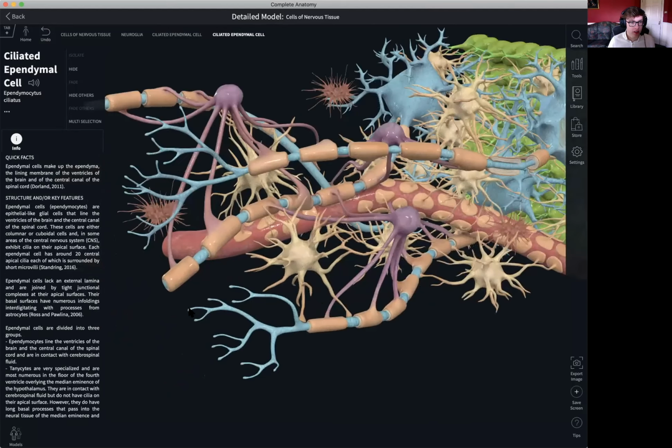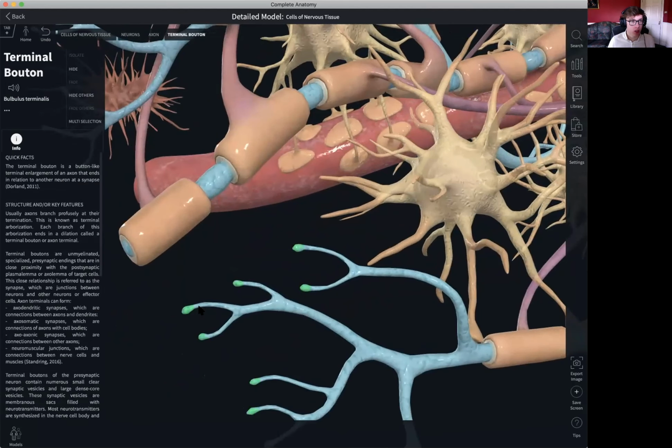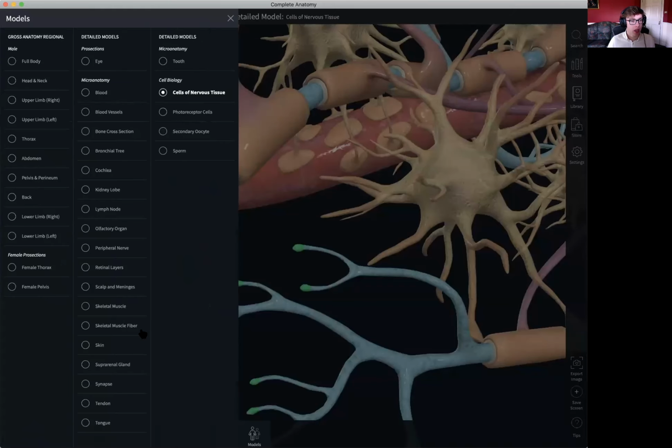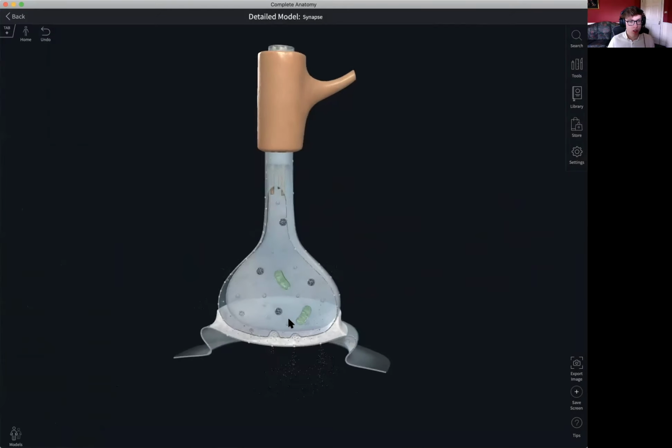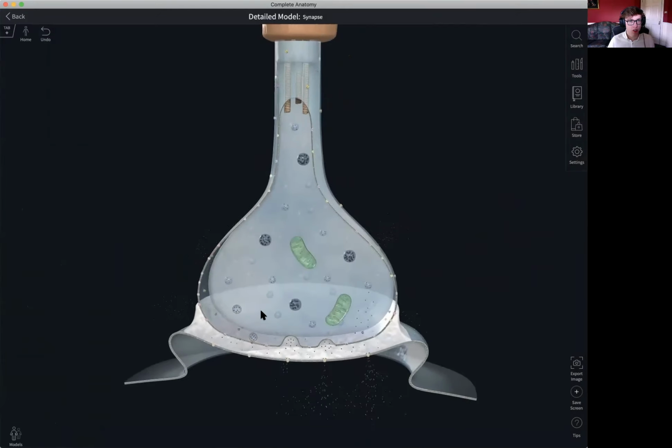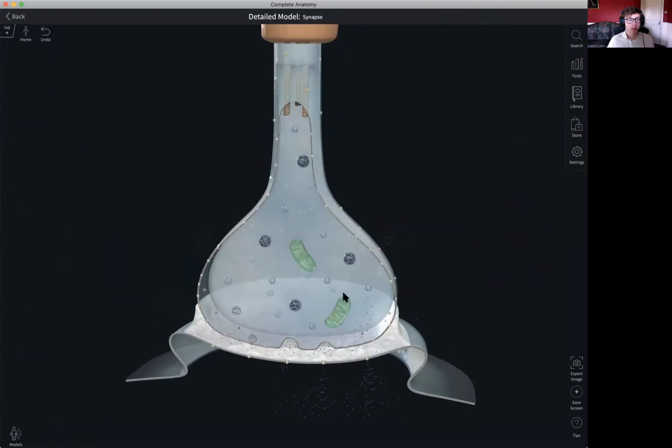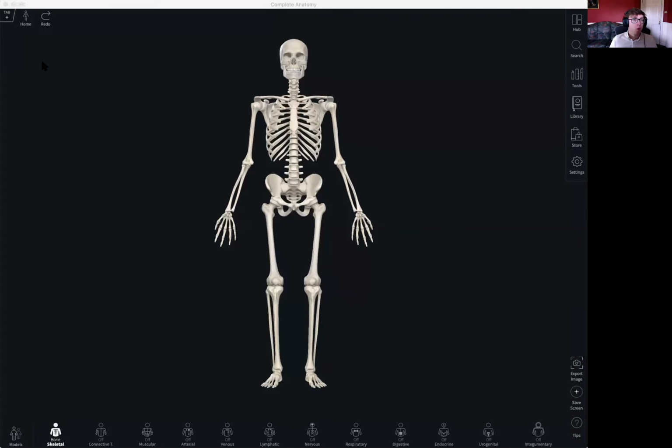What's really interesting here is that if we zoom into the terminal bouton of the neuron, we have the option to switch to the synapse micromodel, which is a more zoomed in version of our terminal bouton and accurately represents a synapse. We also have the ability to show multiple model setups at the same time using the